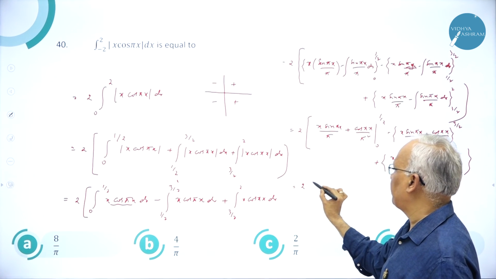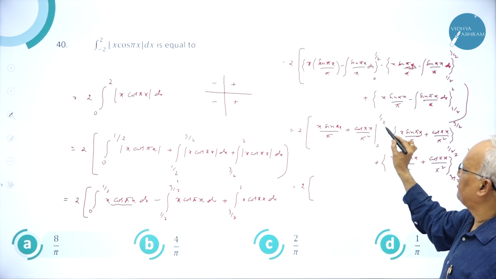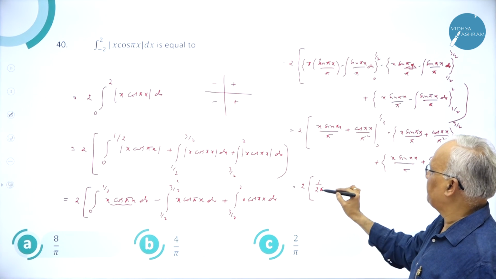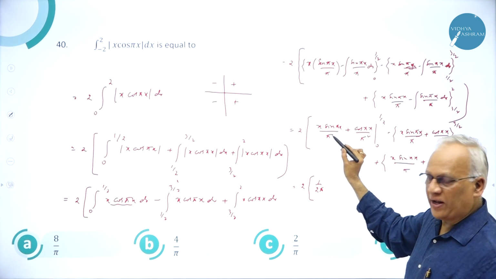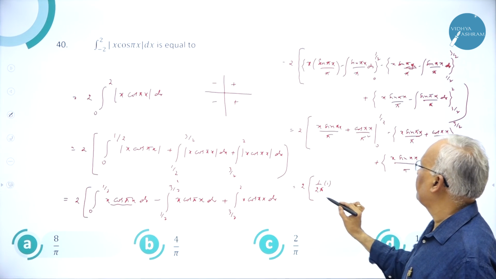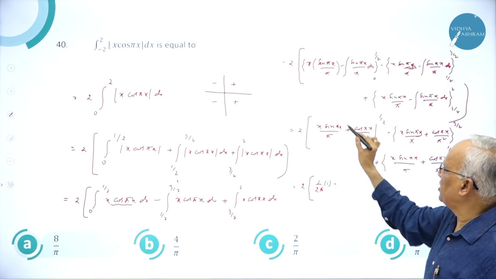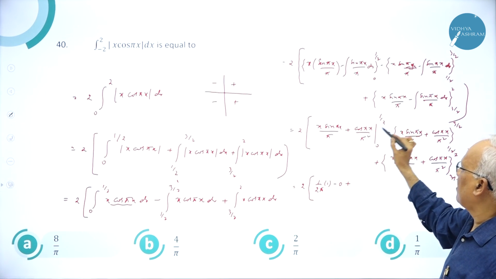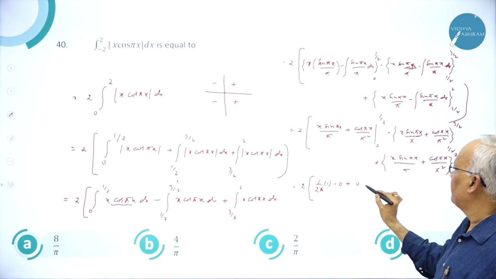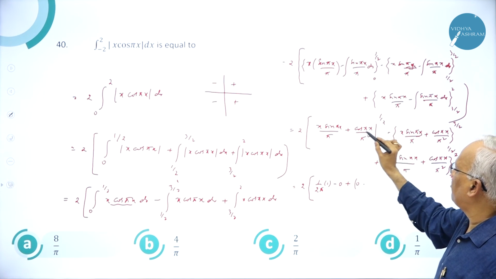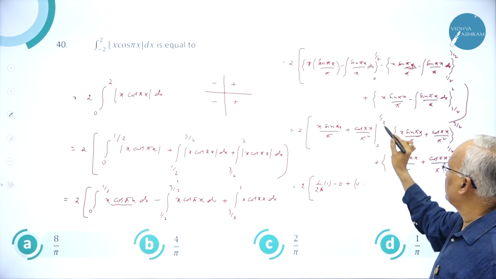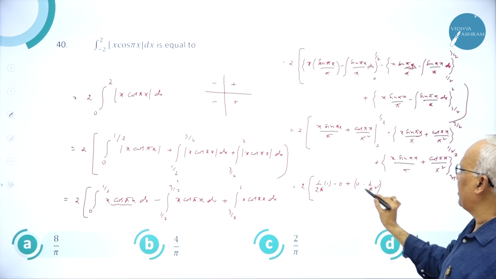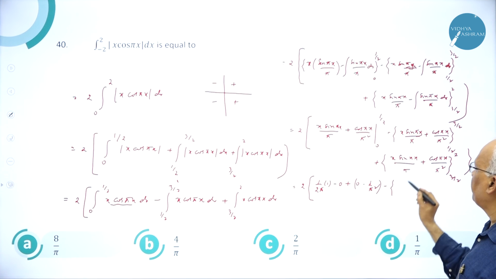It's equal to, last step actually, 2 into half. x is half, so 1 over 2 pi, half into pi. Sin pi by 2 means 1, so it is 1. Minus, you put 0, 0 into anything is 0. That is gone. Plus, you substitute here, cos pi by 2, luckily it is 0. Minus, this 0, cos pi by 2 is 0. Minus, if you put 0, cos 0 is 1, 1 by pi squared. Be careful. Next, minus of this one.